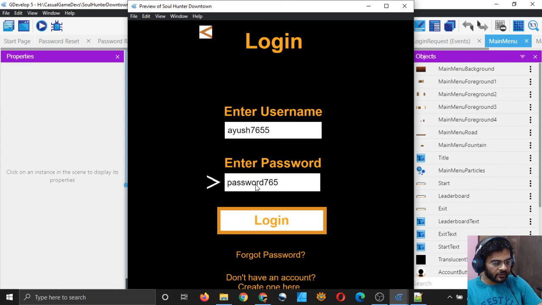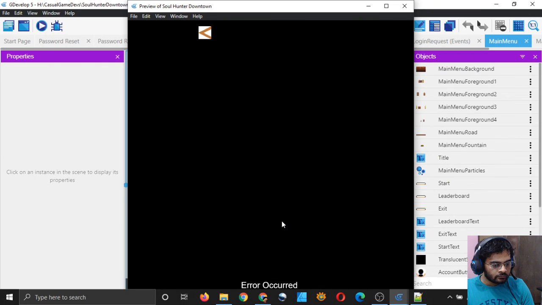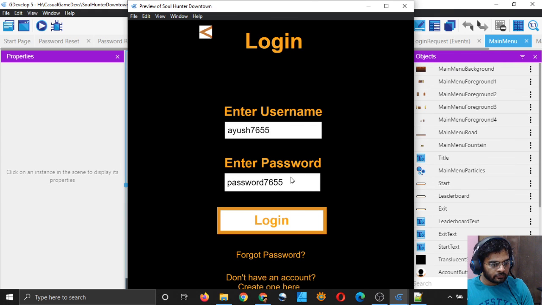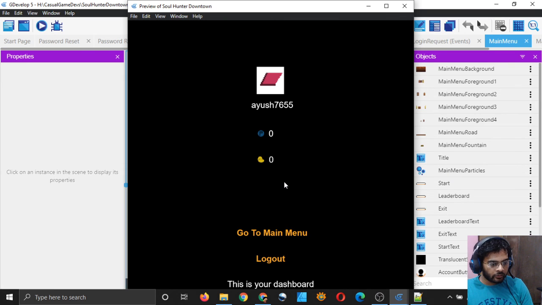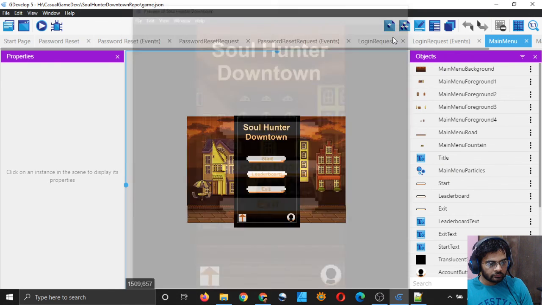This wrong password is my older password, right? So it says error occurred. Now I can go back and type the correct password. Now I can access my dashboard. So that's good.